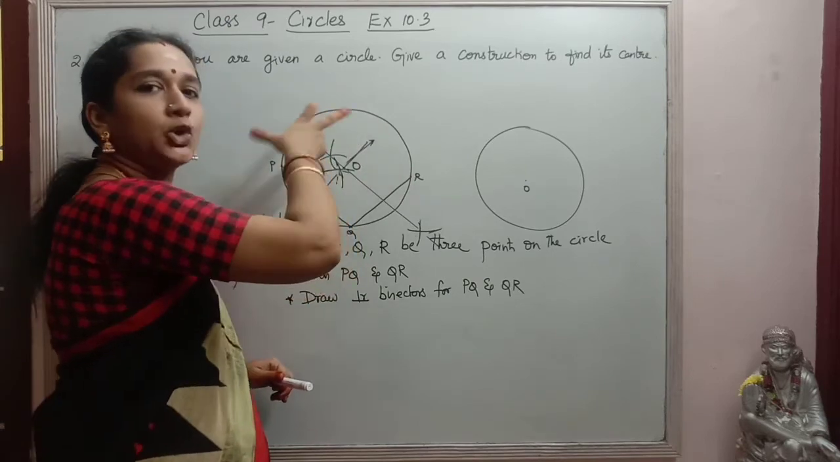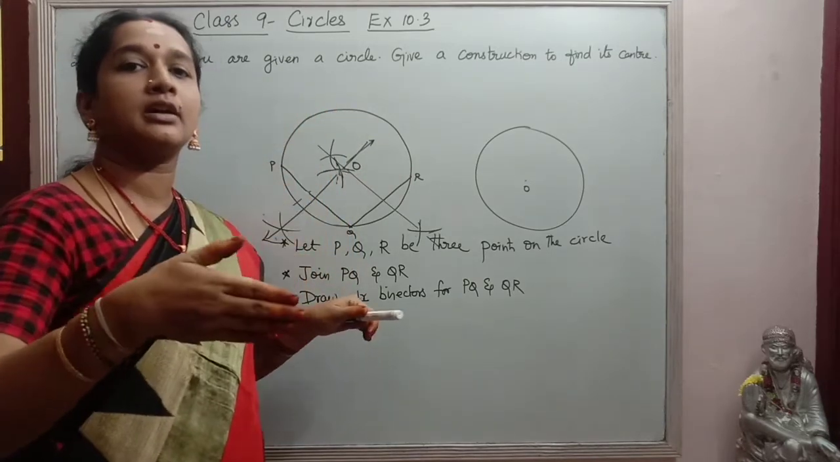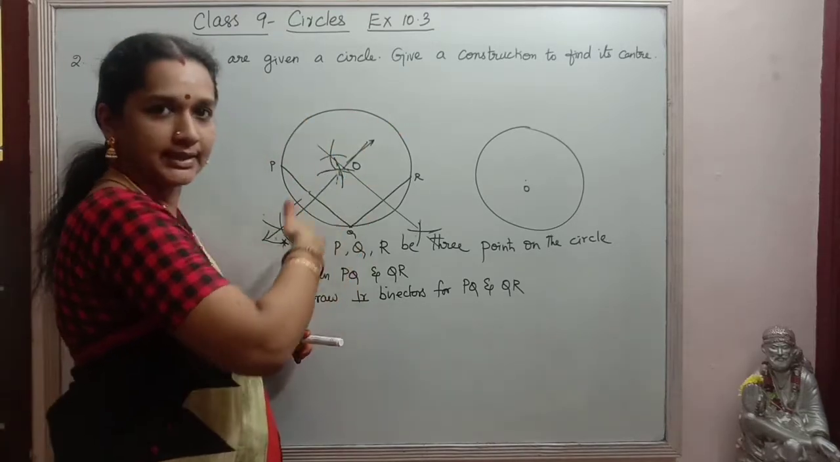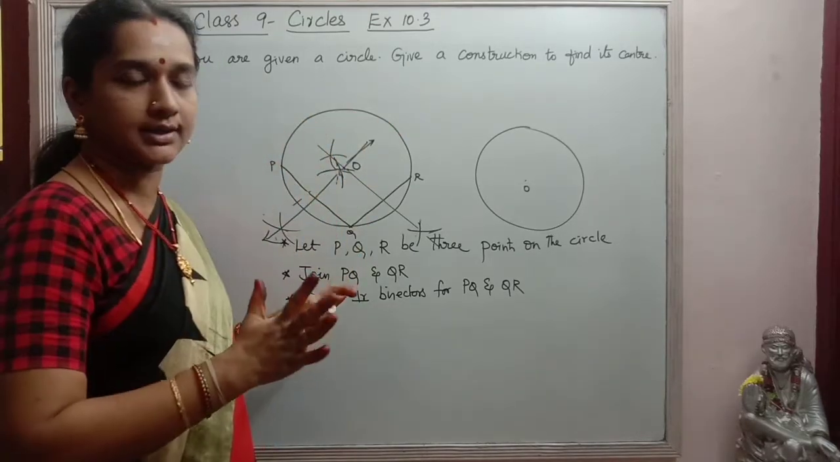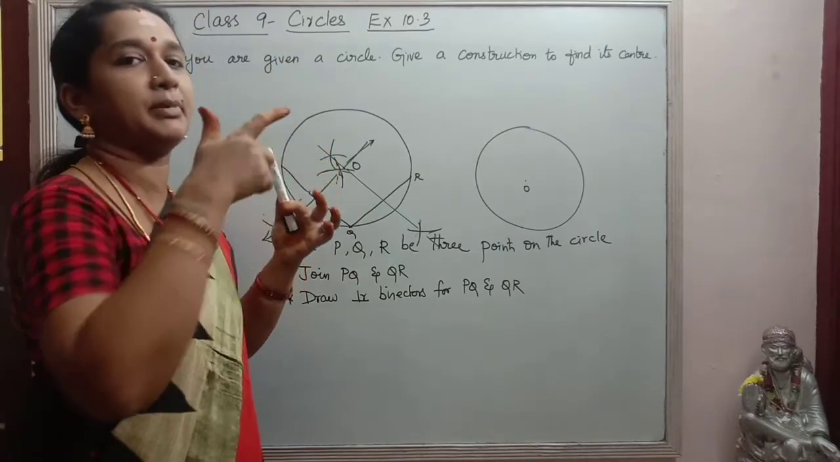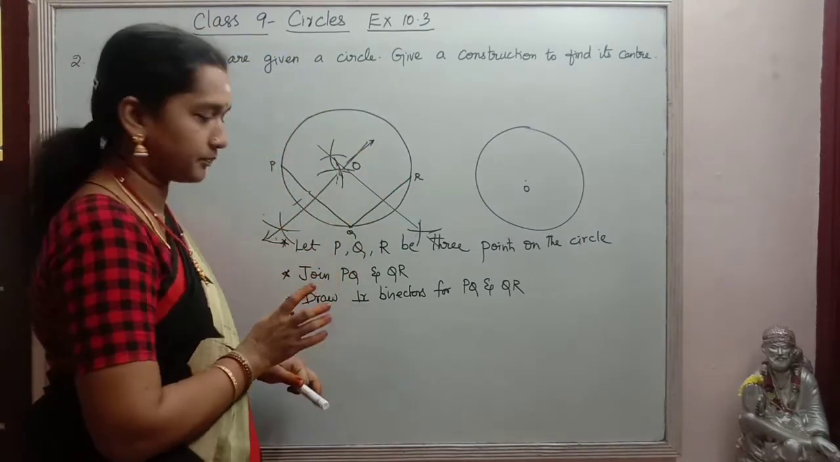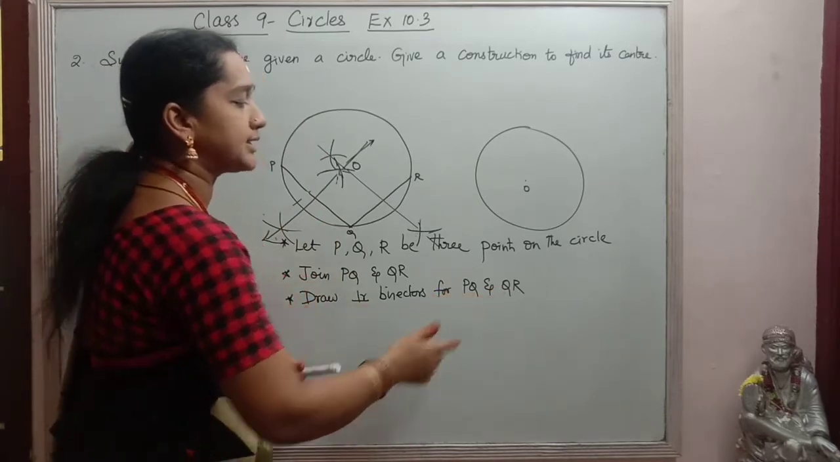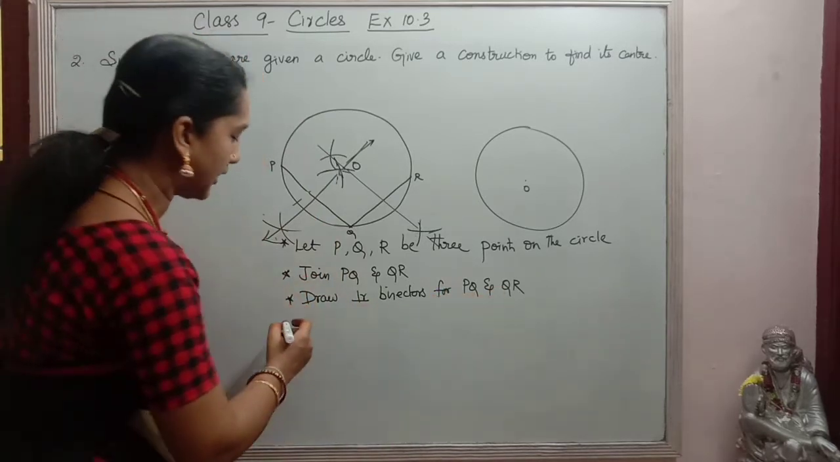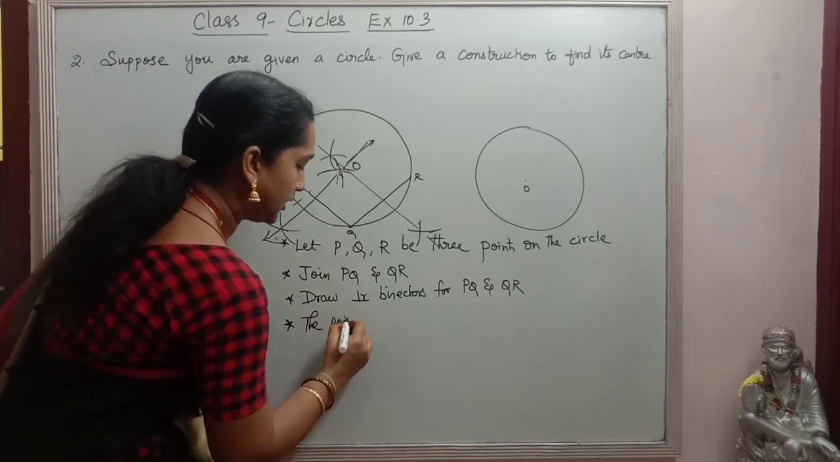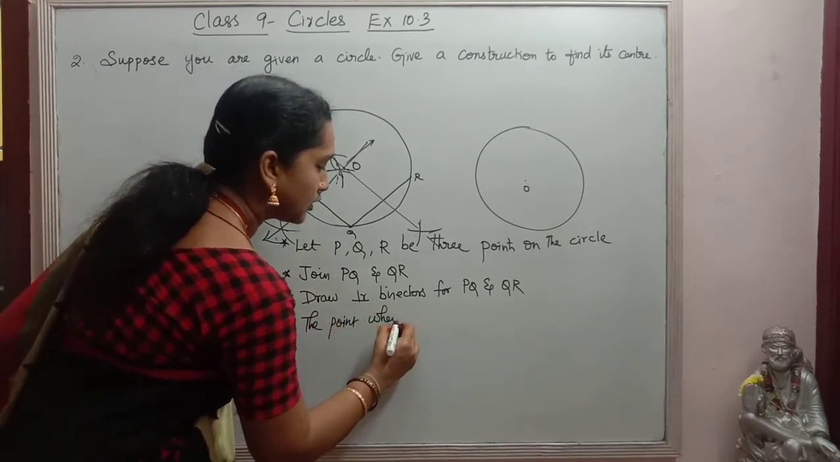for any two chords, we are asked to draw the perpendicular bisector for any two chords. So when we join that perpendicular bisector, we will get the center point. Okay, draw perpendicular bisectors for PQ and QR. The point where both the